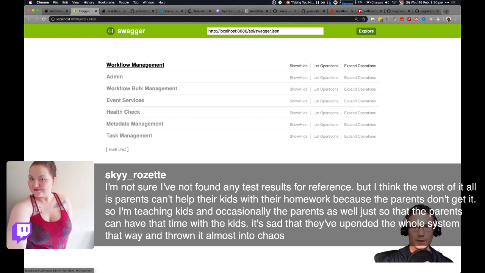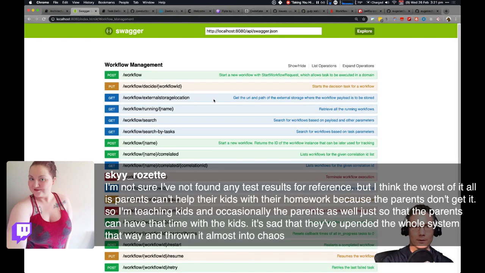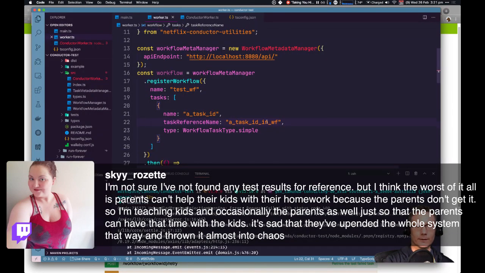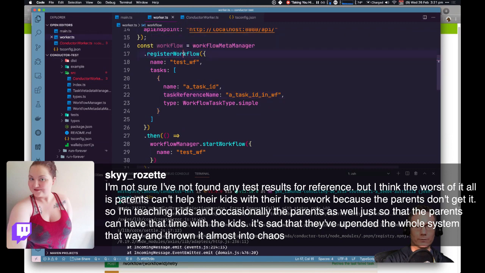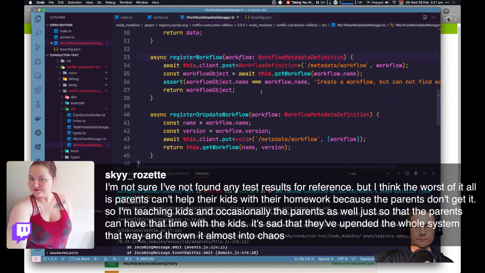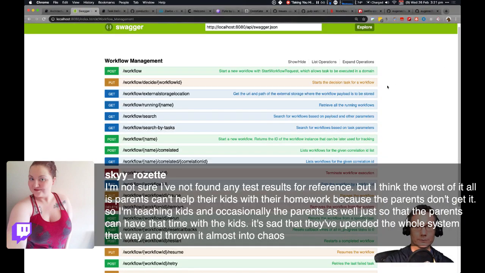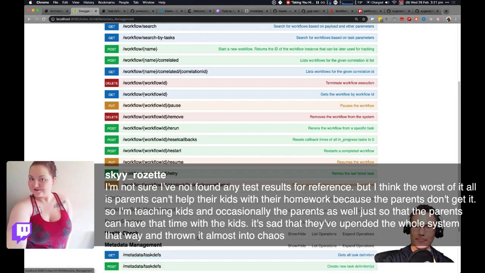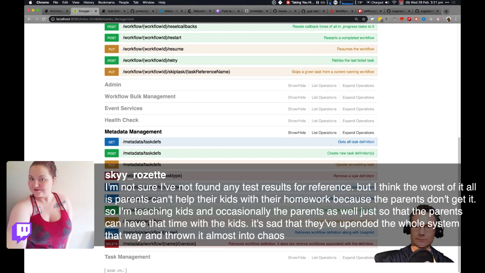Okay, workflow management. Host to workflow. Okay, so the call to register workflow is failing. Go to the definition. Let's have a look. Metadata workflow. Create a new workflow definition.